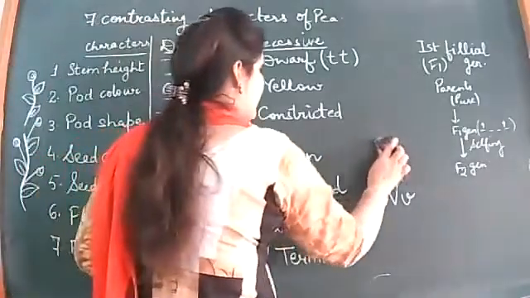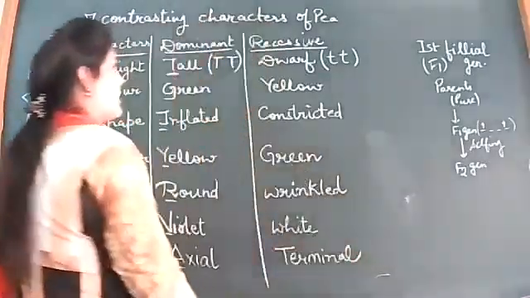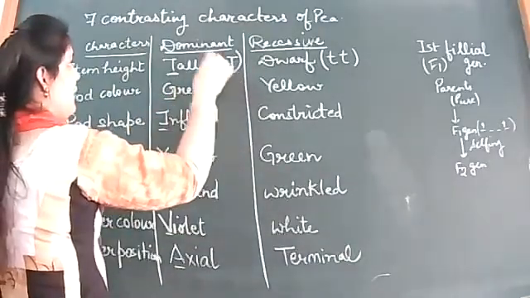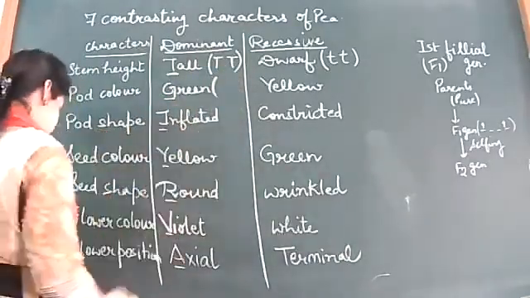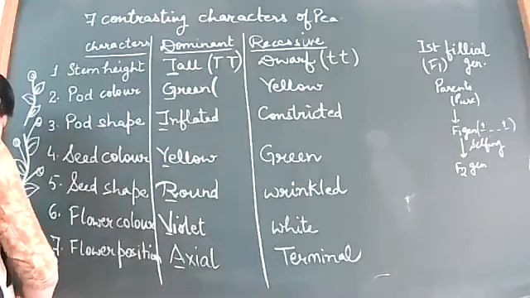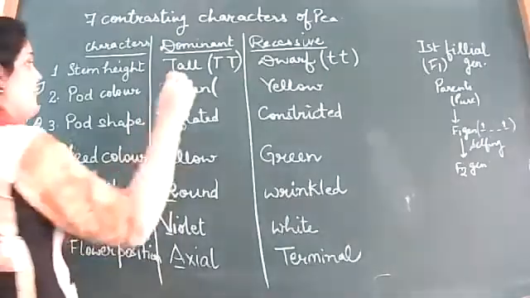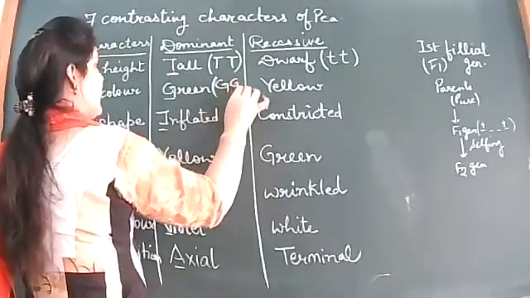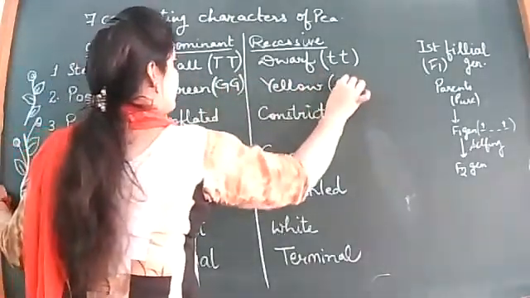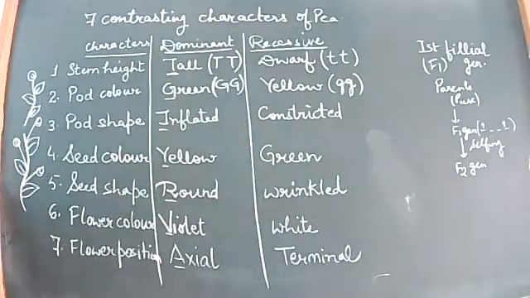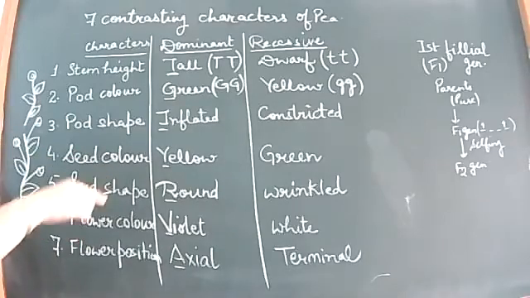Okay, so this way you are to provide the genotypes. For writing the genotypes of all these, now I'm writing it just in the table only. You can also introduce it there in the table. For green, the pod color that is dominating, we'll be writing capital G, capital G. Similarly, small g, small g. You can complete the table at your end. Okay, अपनी साइड पे ये टेबल कंप्लीट करो अपनी नोटबुक्स में सब लोग जल्दी से, and match it with mine.